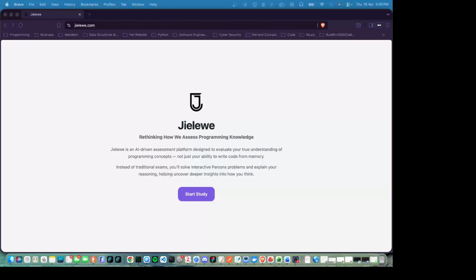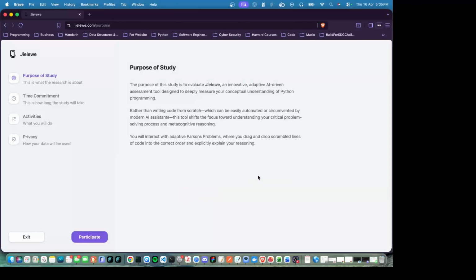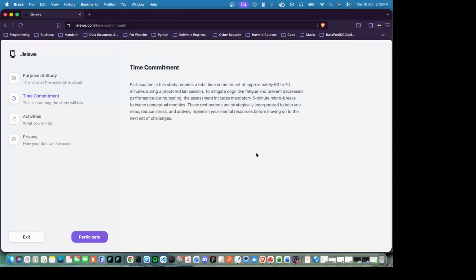So, this is the platform. It's called Jielewe. The whole point of this is to rethink how we assess programming knowledge, specifically concepts in programming. When you get to this page, after reading through the quick summary, you will have to click the Start Study button, and this will take you through to the documents that you need to go through, just to understand the whole point of the study, how long this study will take,